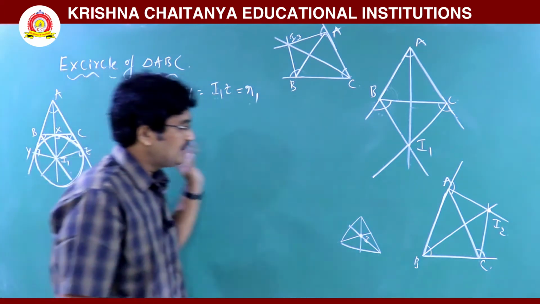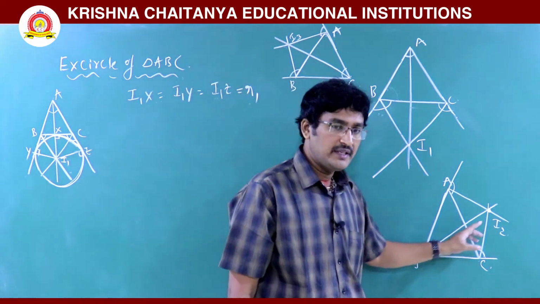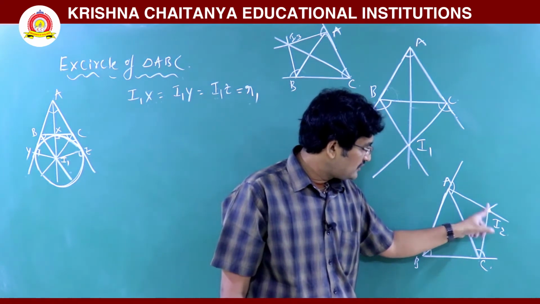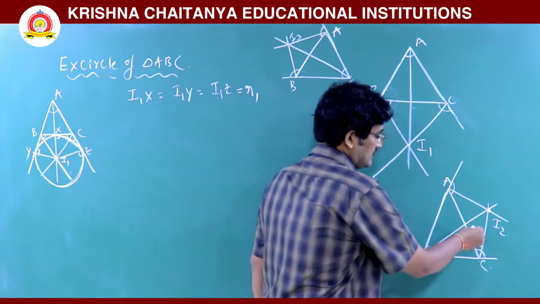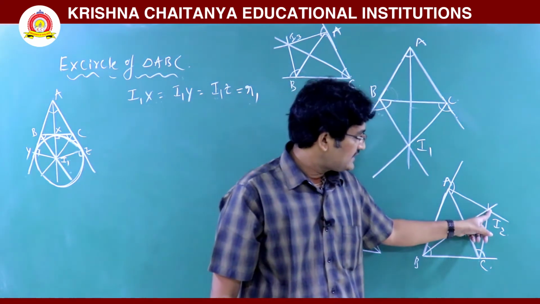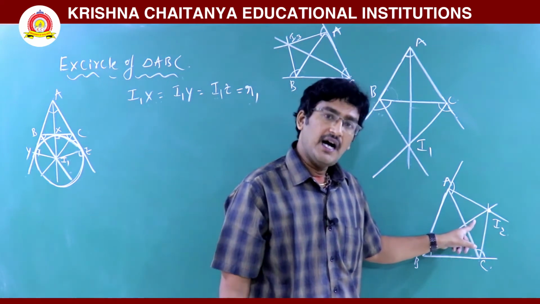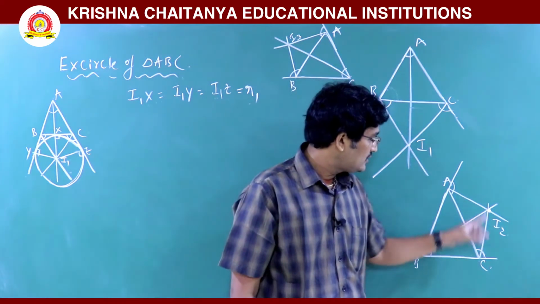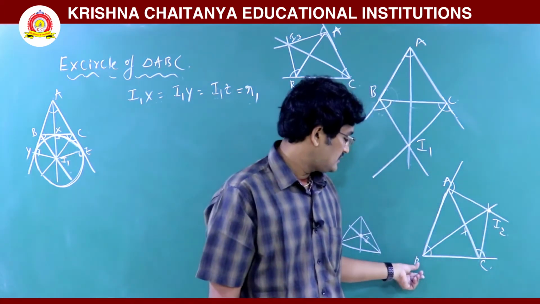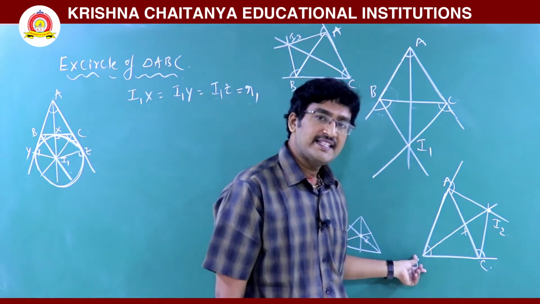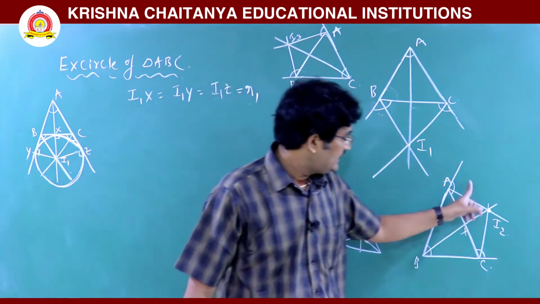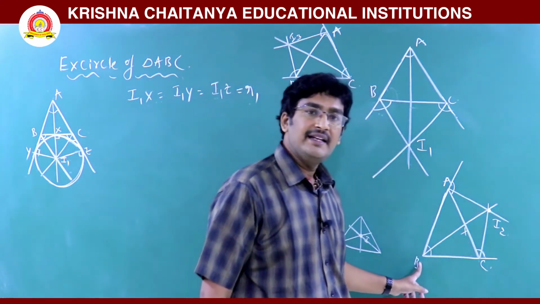Okay, you have to do the same thing here also. Suppose you take this one as the center of the circle, and the distance from this point to this side is the radius. You draw a circle, and that circle also touches all three sides of the triangle. That circle is called the excircle opposite to vertex B. So it is the excircle opposite to A, and this is the excircle opposite to B in the triangle ABC.